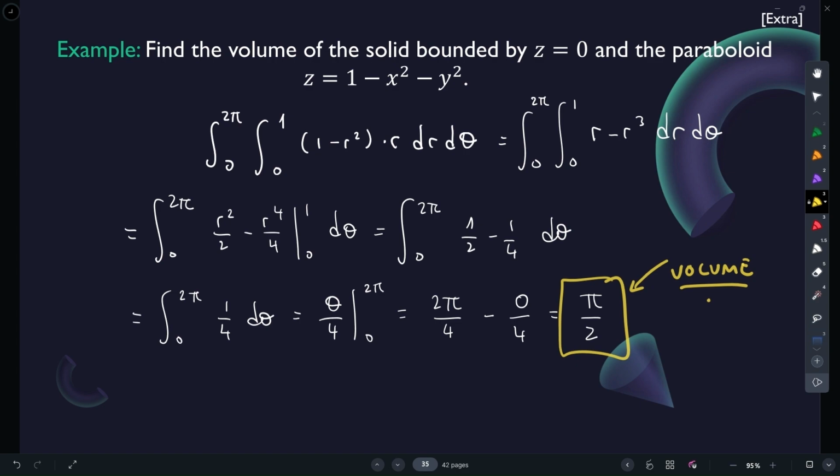Okay. So next time, we're going to be looking at triple integrals. So if we are integrating functions of 3 variables, and then we will do things like spherical coordinates and